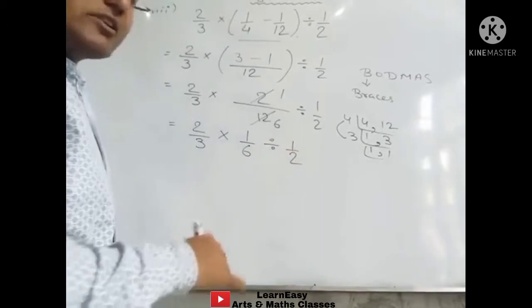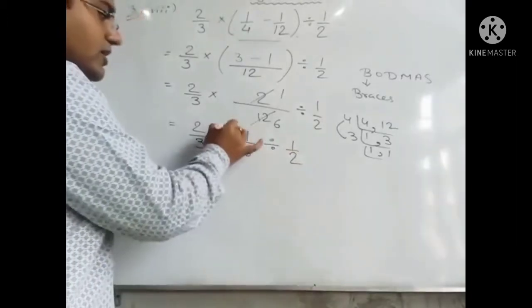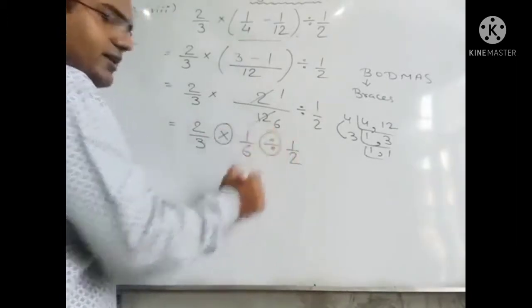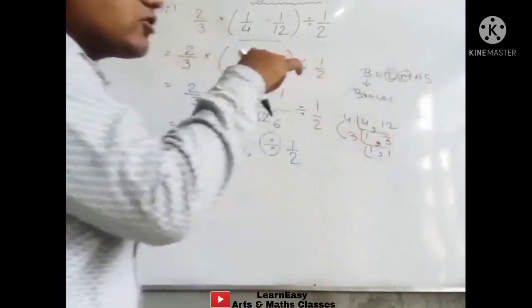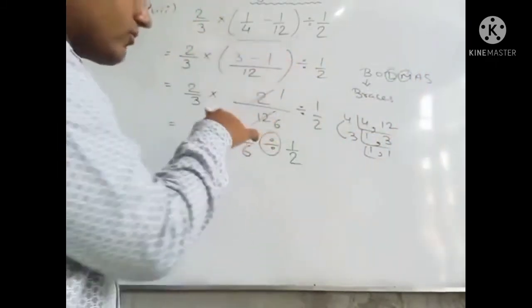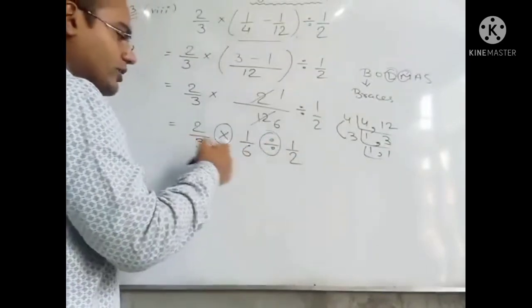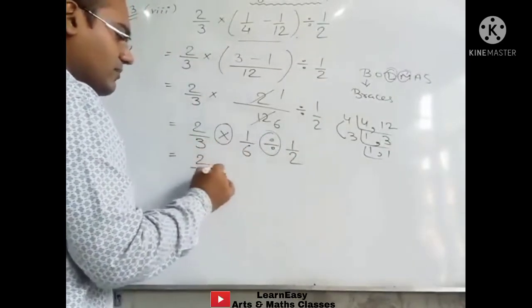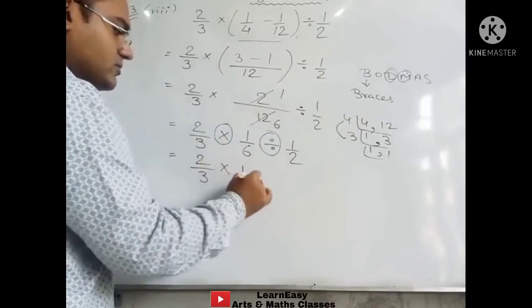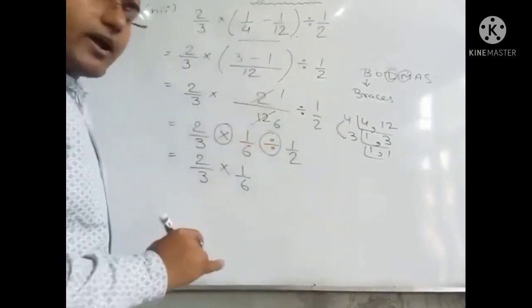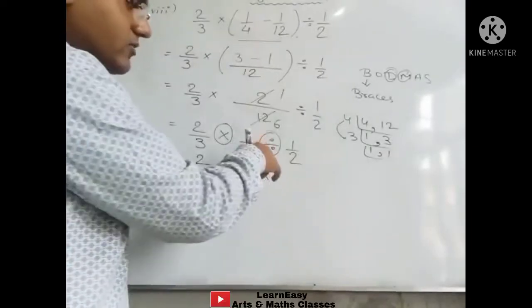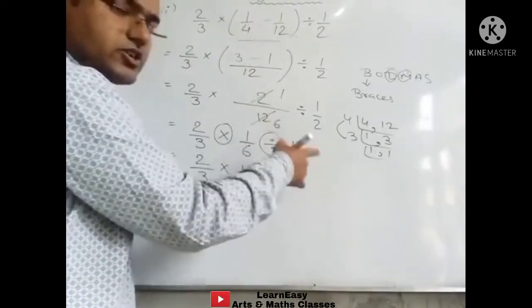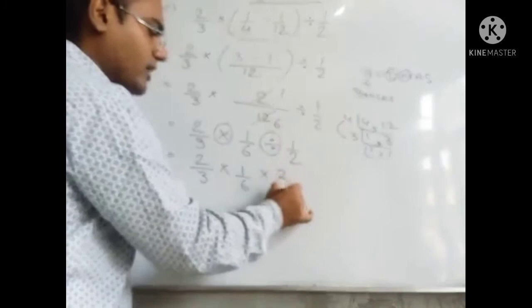Now again we will check BODMAS. Here two things are coming, multiply and divide. So this is the multiply and this is divide. So here you will observe that divide is coming first. No need to multiply them. We will leave them as it is. First of all, we will solve this divide. This divide we will convert into multiply, and when we convert this divide into multiply, the next fraction will get reciprocal. So here we will write 2 upon 1.